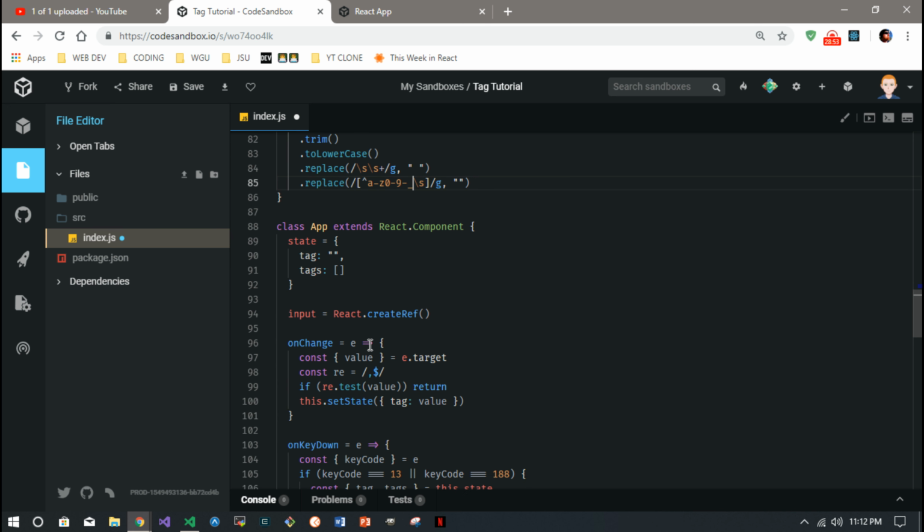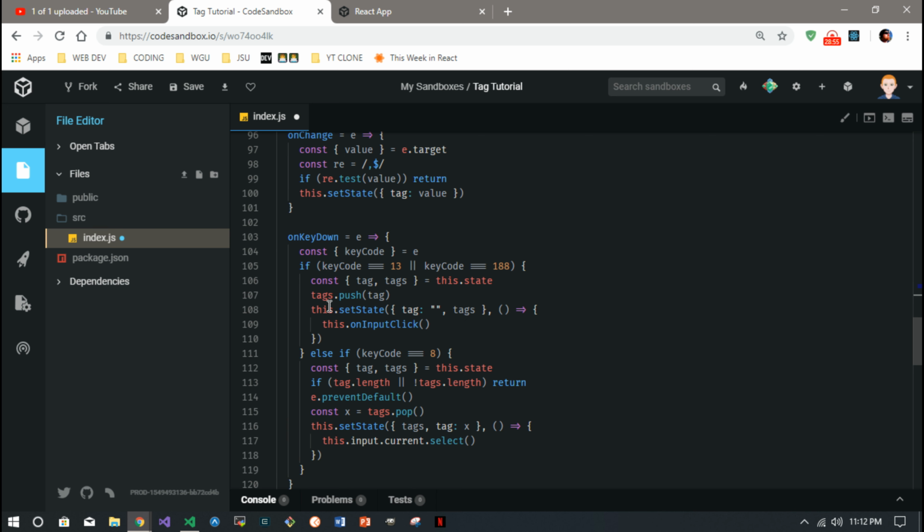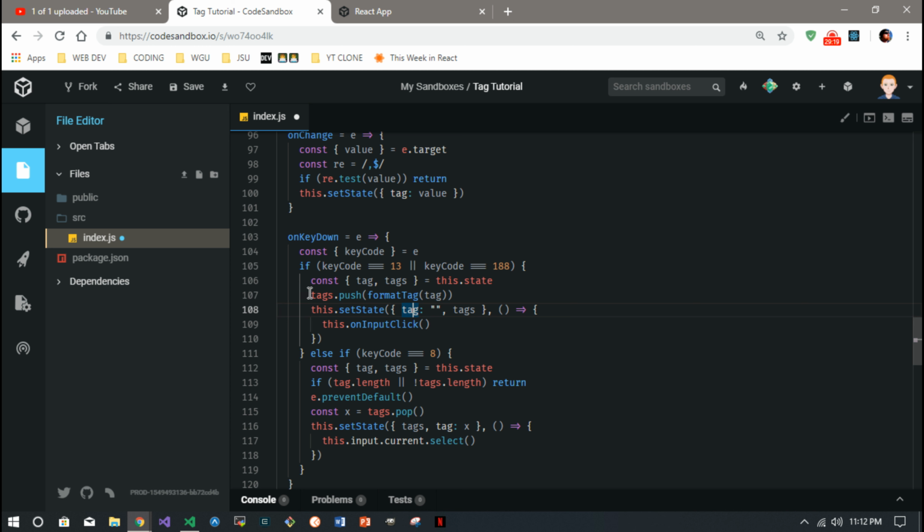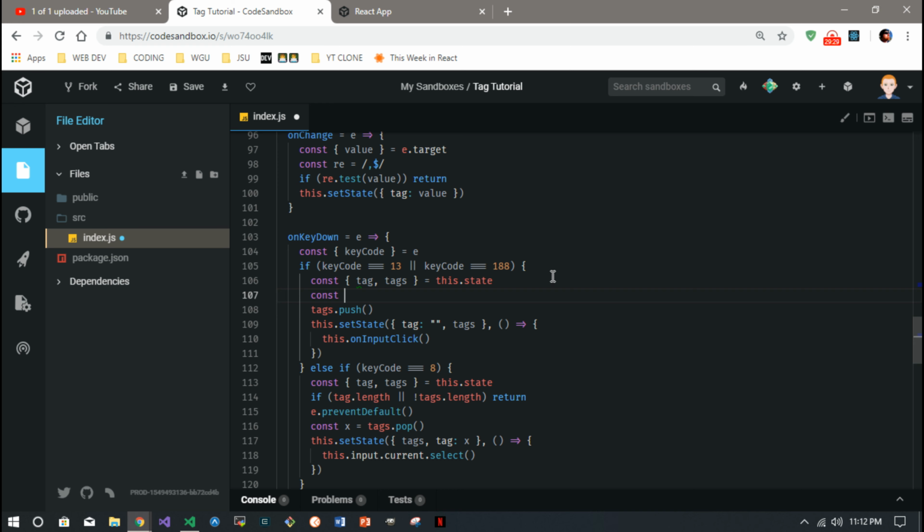So where would you put that format tag function? When you're adding tags, right? So right here, format tag, pass in the tag, of course, like that. That's where you use it. And then you can easily just say here, well, actually, let me back up. Before you just willy-nilly push it in there, you can do a little check on it. You can say const x